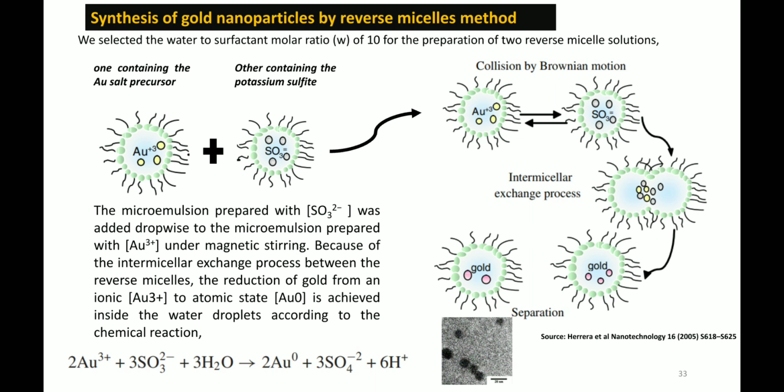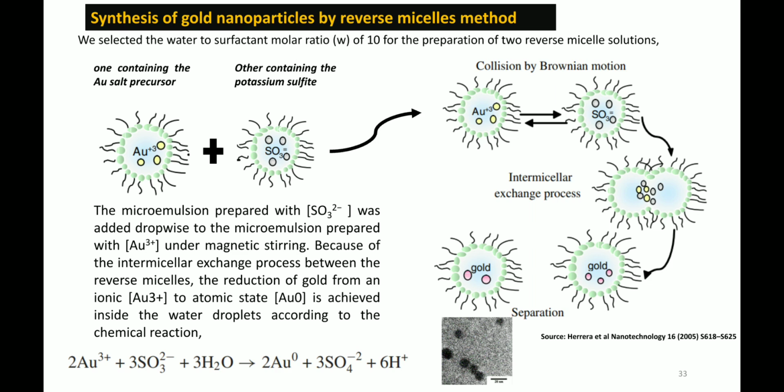Once that process initiates, you can see the formation of gold nanoparticles inside the micelle. As for the reaction details, the microemulsion with SO3 2 minus was added dropwise to the microemulsion prepared with gold 3 plus under magnetic stirring. We did it in this way, and because of the intermicellar exchange process between the reverse micelles,